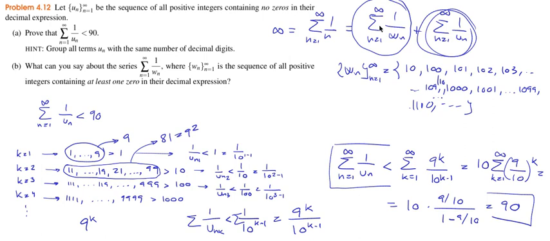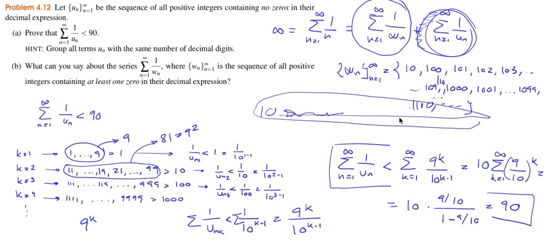Which, I mean, if you ask me, it's a very interesting result, because I would say, you know, at first sight, that this sequence contains many more numbers, right, than this one. But in fact, the sum of 1 over this is actually divergent, while this isn't, which is amazing, okay? And the idea is that, as you get to very large n, the probability that any number with a lot of digits doesn't have a 0 goes to 0, right? Okay, so there may be more numbers that have zeros than numbers with no zeros. So the probability that it only has digits between 1 and 9 is negligible when n is very large. Okay, and that's the end of the